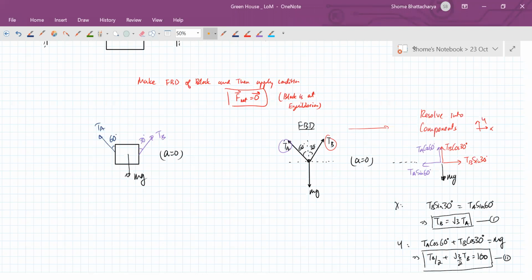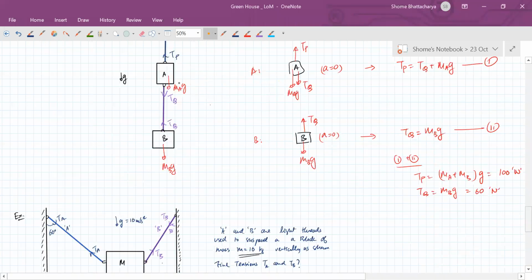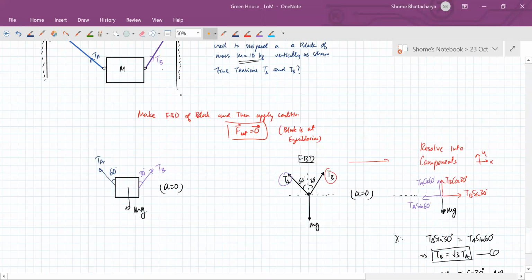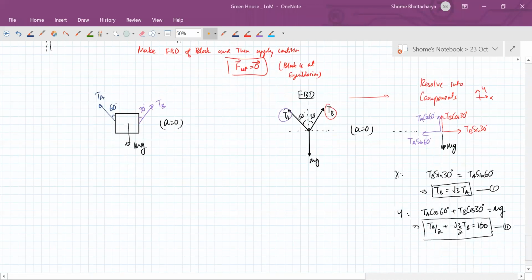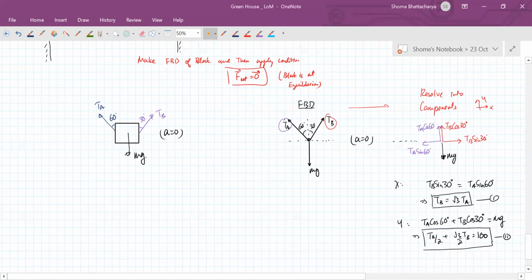No, because it's not lying on the floor, na Yash. It's suspended vertically. So what we are assuming is that there's no floor over here. It's just hanging between the two walls. Had there been a floor, it's a different matter. But yes, it's hanging in air. There's no floor over here. You understanding? So that's why no normal reaction. So we still have to solve for TA and TB, but these are the equations you'll require. Yes, that's correct, Tej.